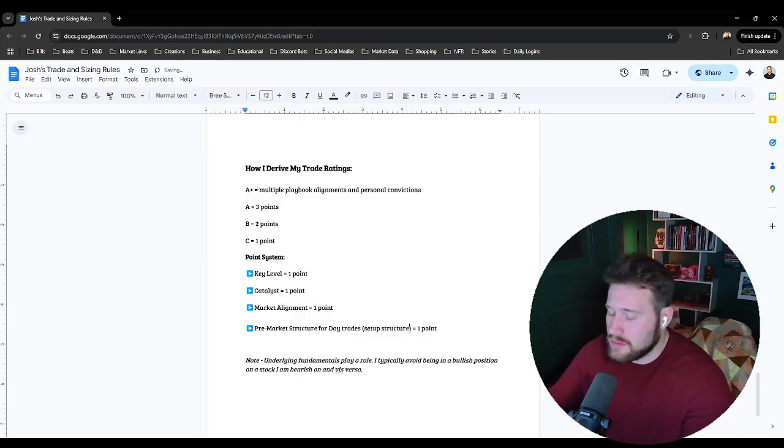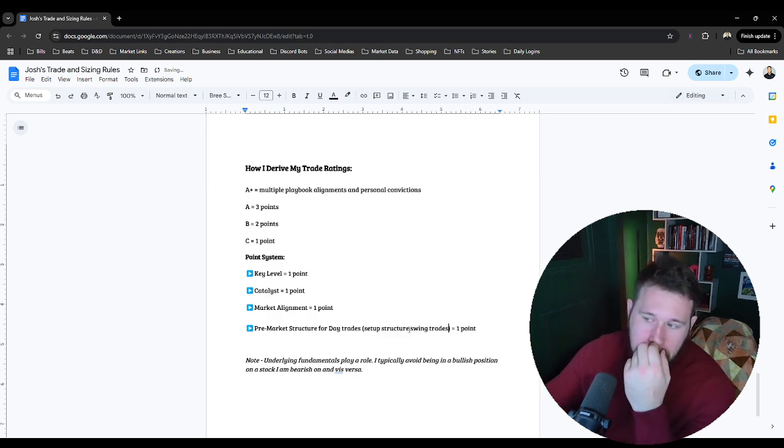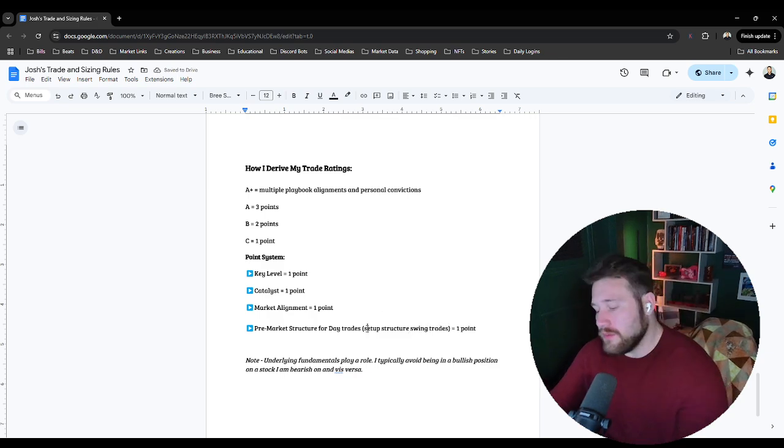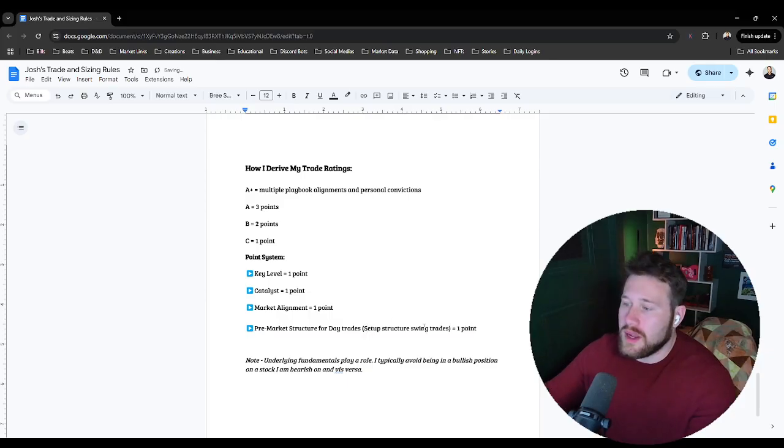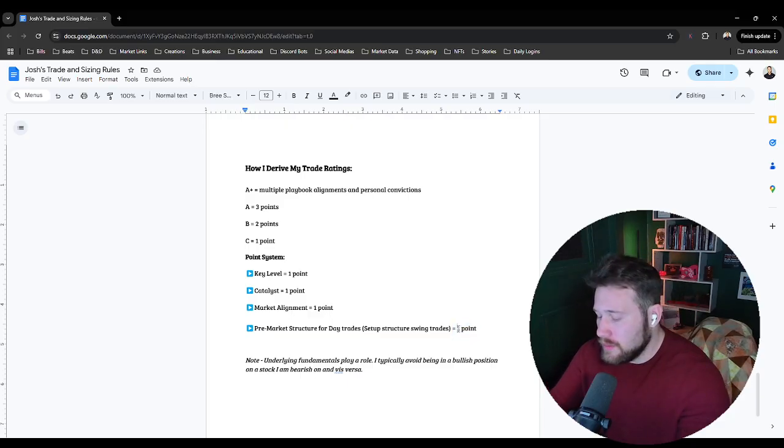Setup trades, structure, swing trades. These are going to be different for your analysis. That's probably also going to be 1 point, right? I'll put that there. And we'll actually put